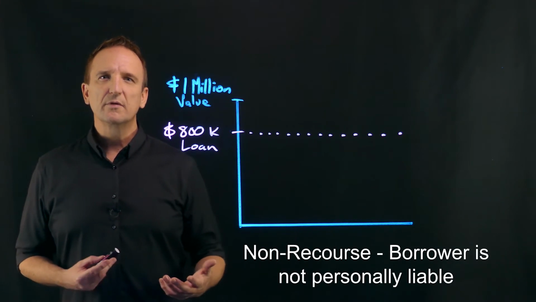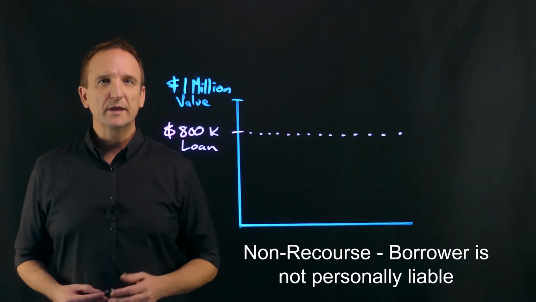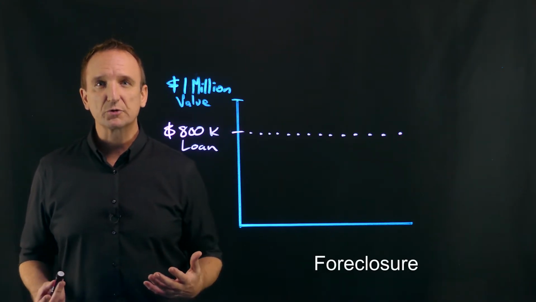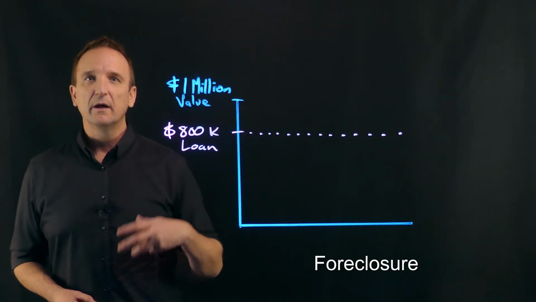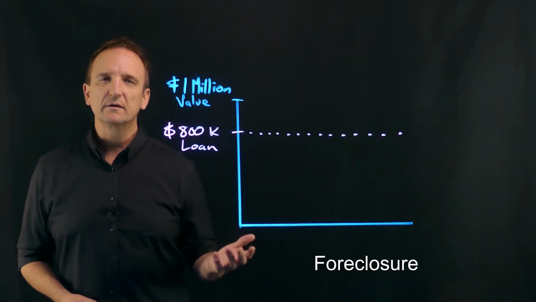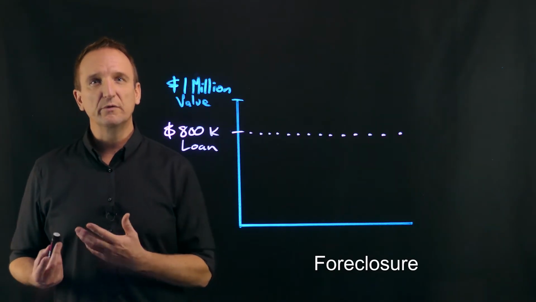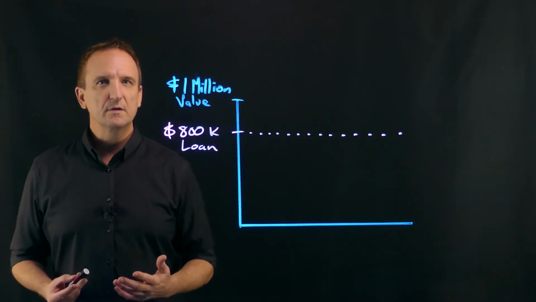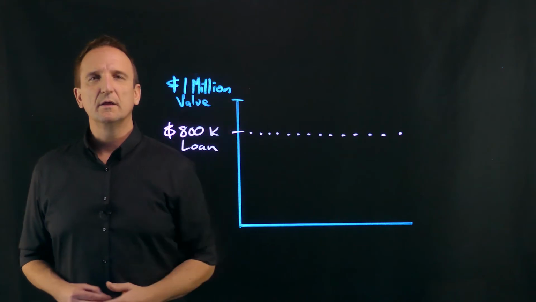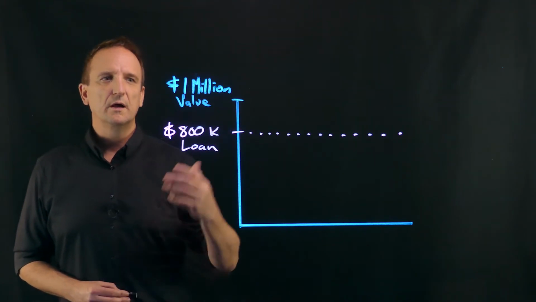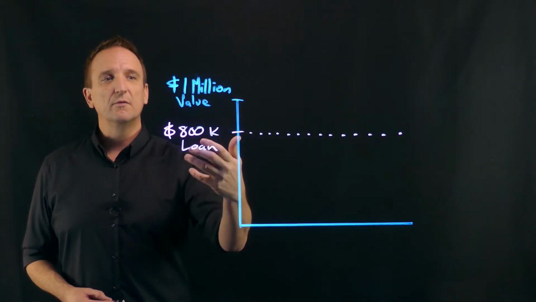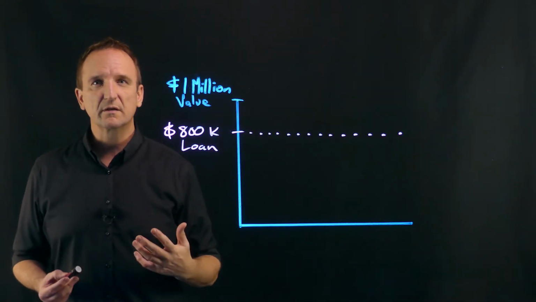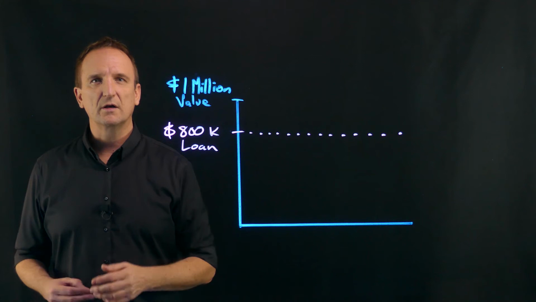The only time the difference between the two comes into play is in the event of foreclosure. When a lender forecloses, they take the property back and they liquidate the property, or sell it, to recoup the money that they loaned to the borrower. Sometimes when they sell the property, if the property is worth $1 million and they loaned $800,000, then they have enough to cover the money that they loaned out plus other expenses and costs.